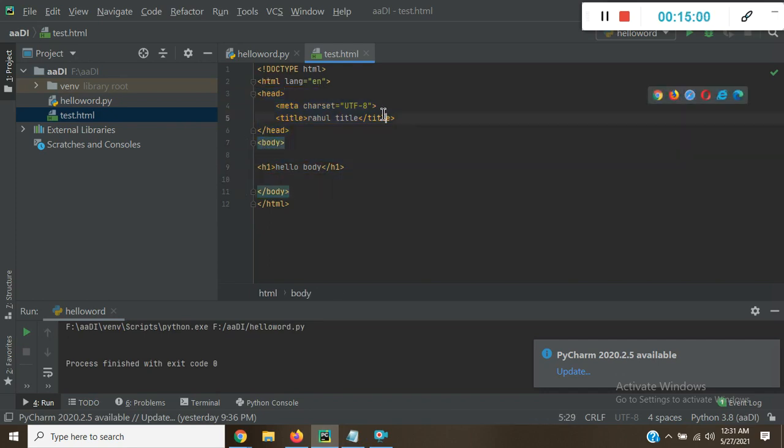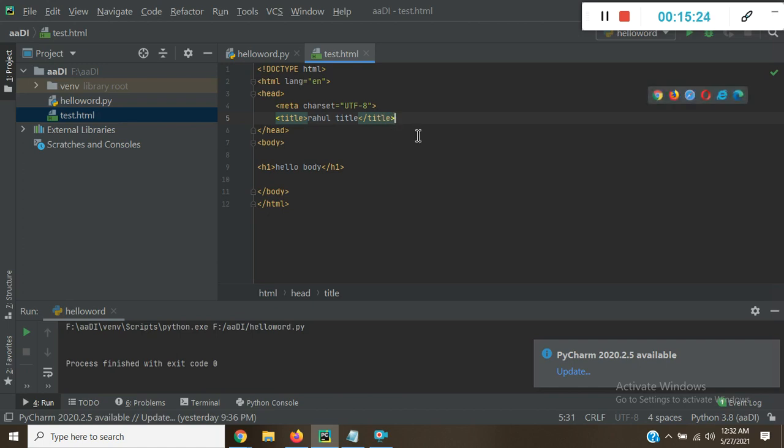The head contains meta and title, and we can add CSS files and JS files here also. We will see that in the next video or the one after.